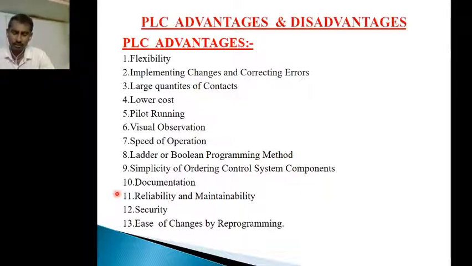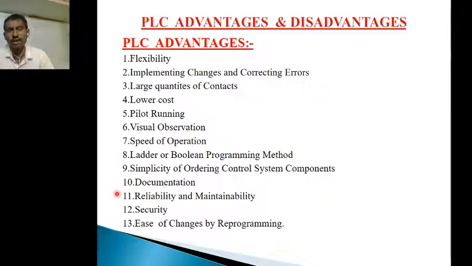On that monitor we have the pilot lights, etc. All those indicators indicate whether a fault occurs or whether the operation is running smoothly. So we can visualize the entire industrial operation in front of the monitor itself. That is also one of the advantages of our PLC system.